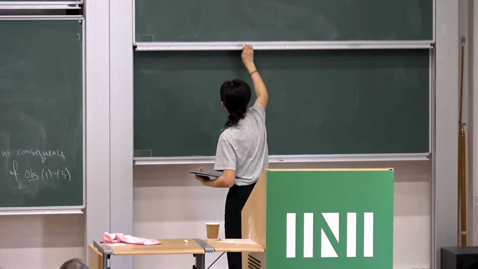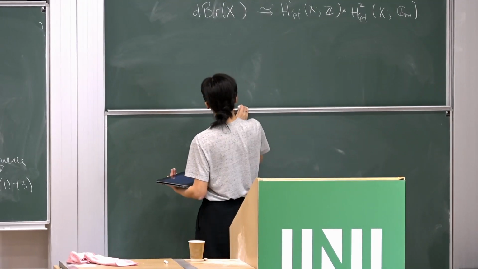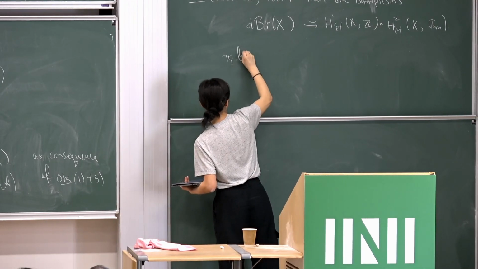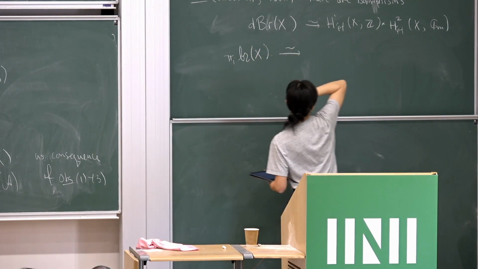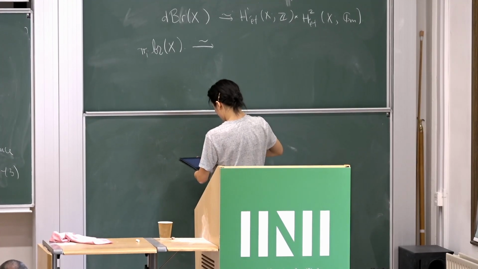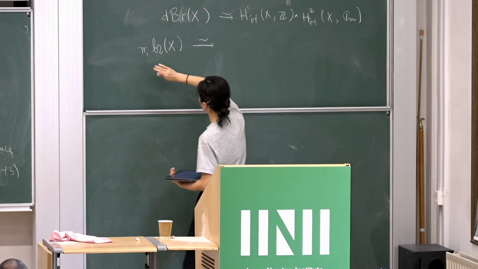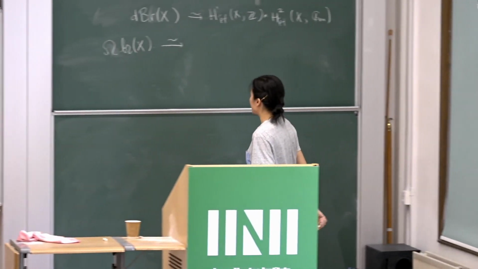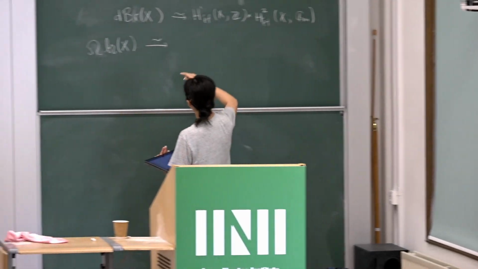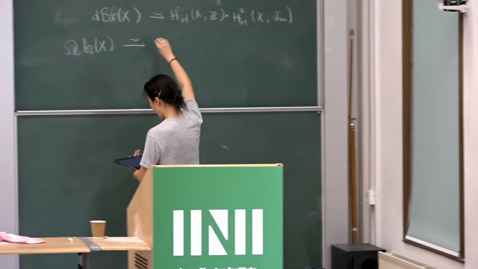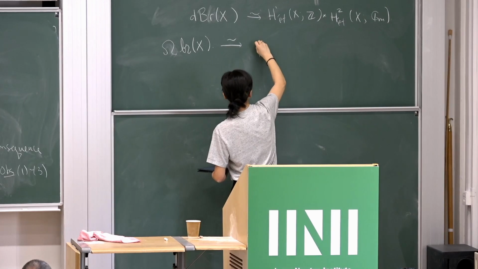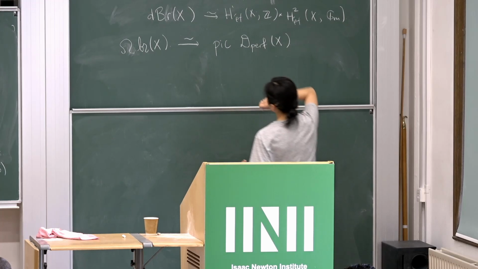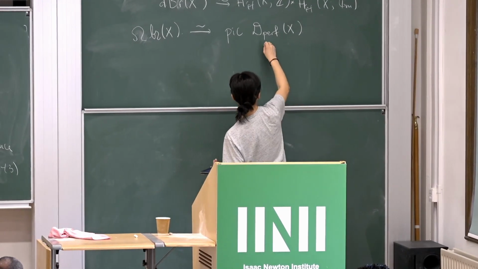Okay, but now on the other hand, this is a spectrum, so I can take pi_1 of the derived Brauer space of X. Oh no, sorry, let me take the loop space based at the trivial Brauer class. This is equivalent to Pic of the derived category, or the perfect derived category of X. Okay, and now if I take pi_0 of this guy,